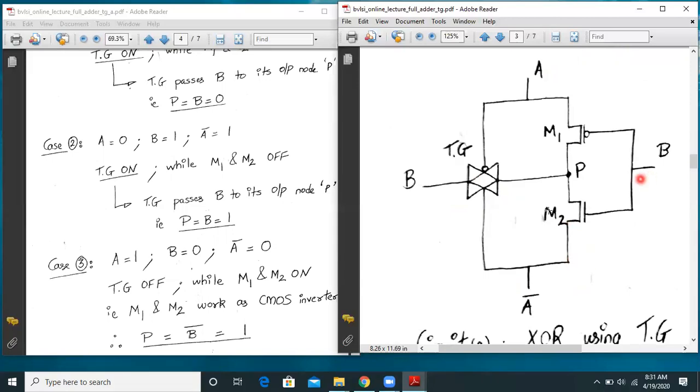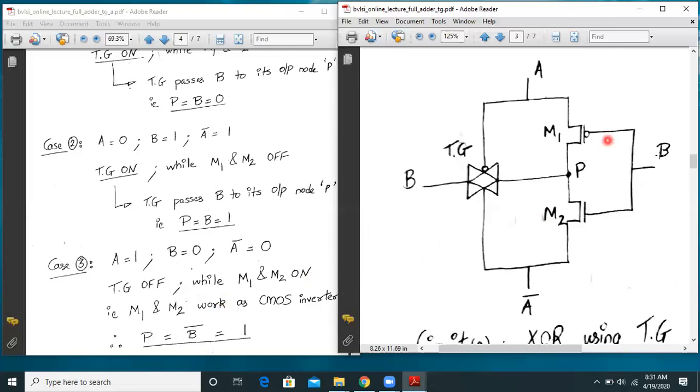So basically M1 and M2 together work as a CMOS inverter. Here, actually, we can say there is a mistake. M1 and M2 both are not on. Basically the CMOS inverter is on.